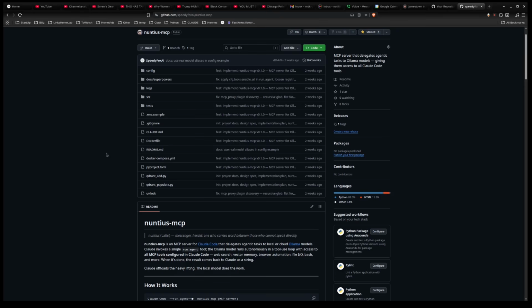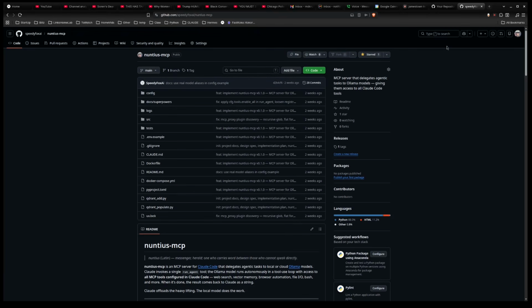But this is about Ollama. I wanted a cheaper way to do validations, because all these things that I created, and I kind of say co-created with AI, I want to validate the crap out of them before I put them out here for other people to try and use, right?